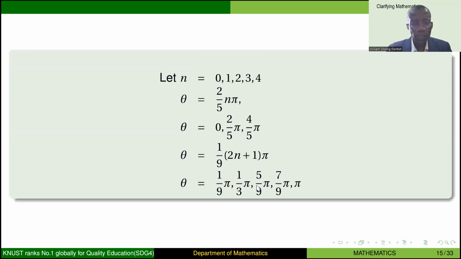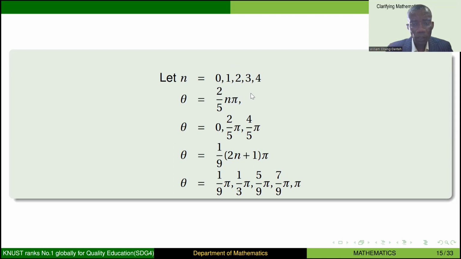Right, and so the next step is that we now vary our n. So we have this. So we are now going to do our substitution. So we put in our value. So we put in 0. We shall get 0, all right. The other one also gives us 0. So we now use 1, so in place of n we get 2 and 5 pi, and 2 times 2